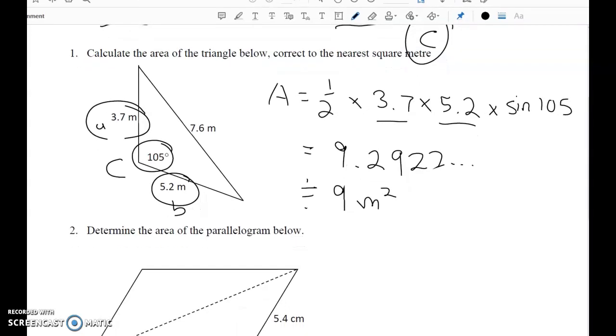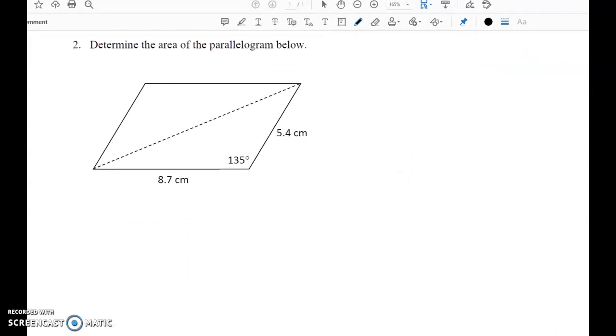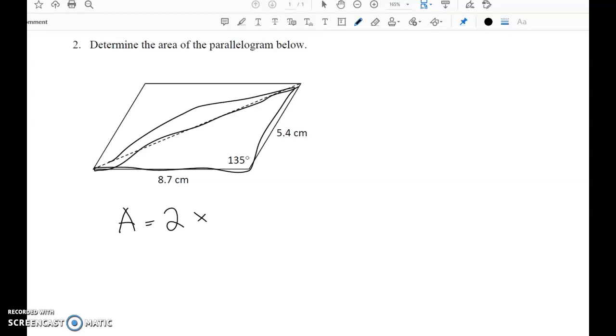Alrighty, so let's look at another example. Determine the area of the parallelogram below. Well, we were told it's a parallelogram, and so this line here would split it in half in terms of its area. So to find the area of the whole thing, we would find the area of this and then double it. So our area equals 2 times the area of that triangle, which is a half, times